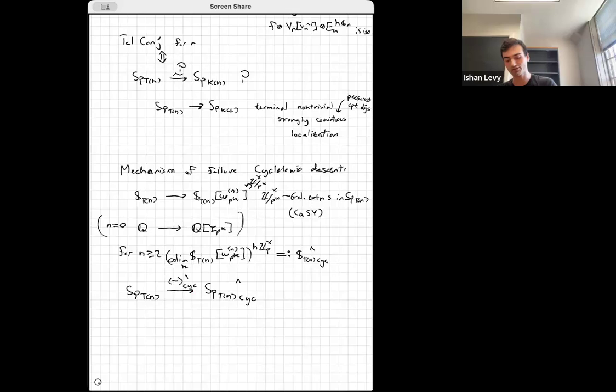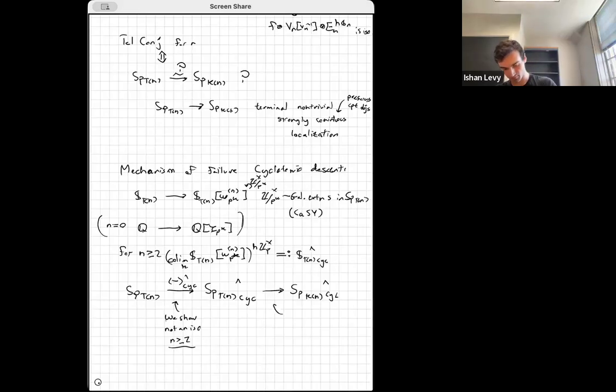And so because the Kn local category is the terminal strongly continuous localization, this factors the map to the Kn local category. And so you have this factorization of Kn localization through this other category. And we in fact show that this is not an isomorphism for n at least 2. So this is the mechanism of the failure of the telescope conjecture.